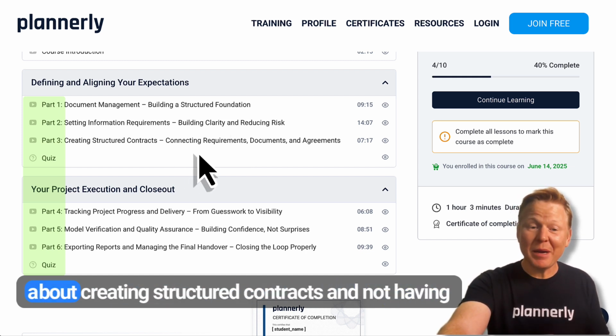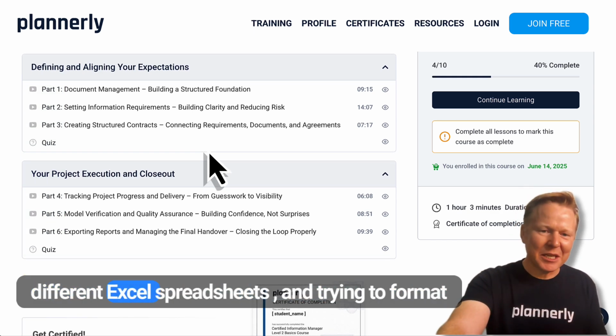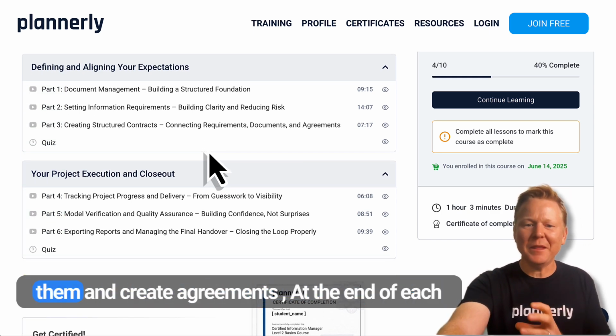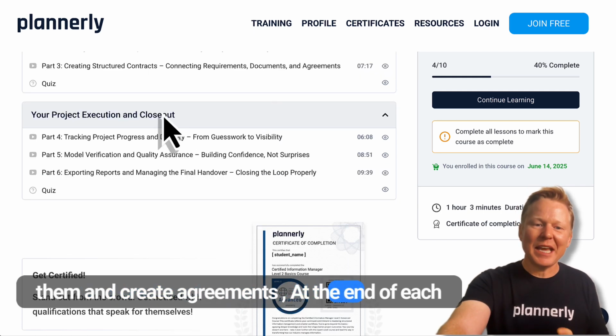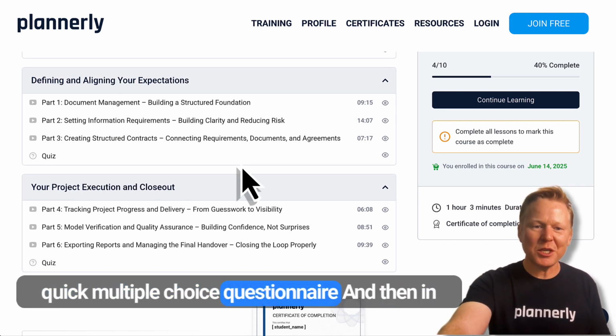The third part is about creating structured contracts and not having to piece together multiple different documents, different Excel spreadsheets, and trying to format them and create agreements. At the end of each one of these main sections, you'll have a quiz, a quick multiple choice questionnaire,